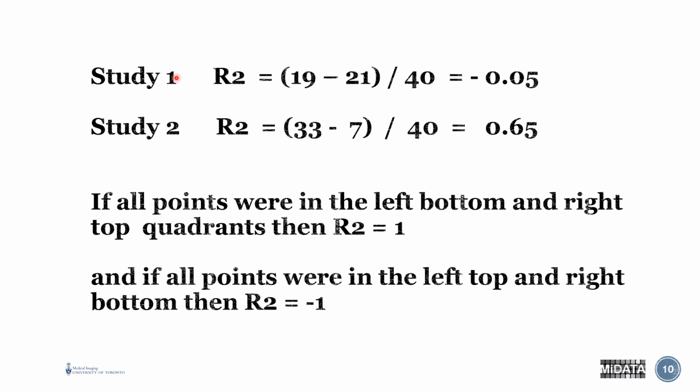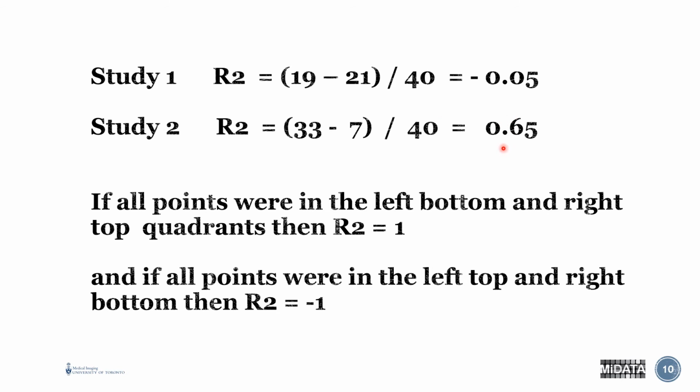So for our second attempt at a statistic, for study 1, we take the number of points in the bottom left and top right quadrants, subtract away the number of data points in the top left and bottom right quadrants, and divide by the total, and we get negative 0.05. In study 2, we take the total in the bottom left and top right, which is 33, and we subtract away all of the points in the top left and bottom right quadrants, which is only 7, divided by the total, and